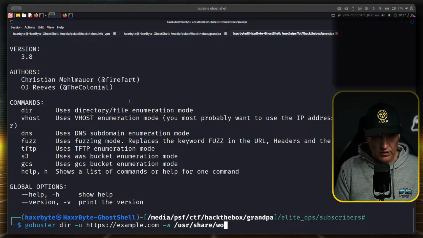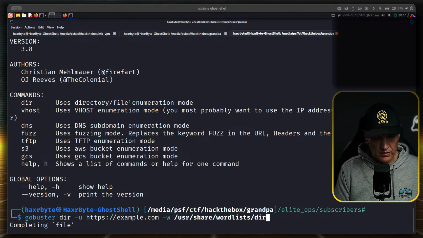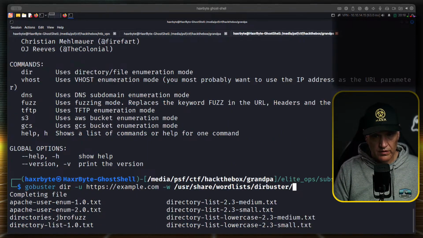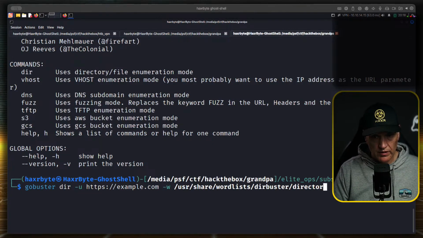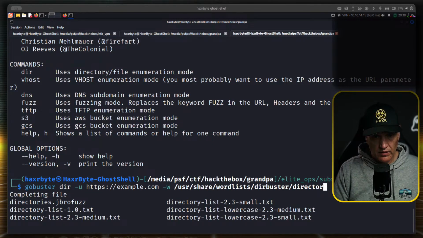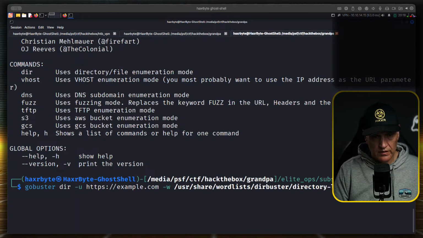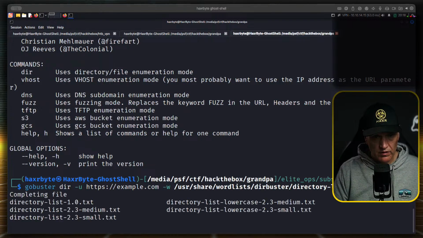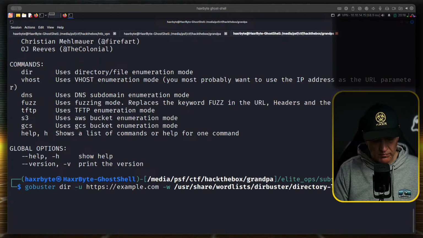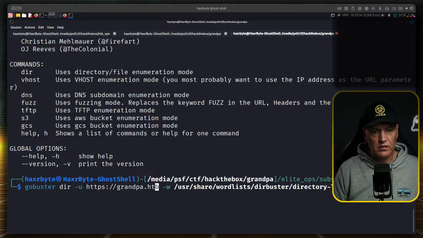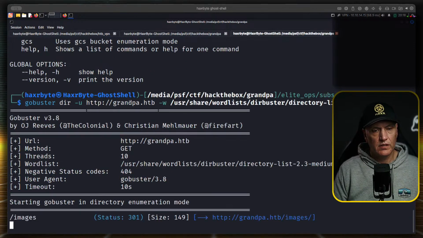Usr share wordlists dirbuster directory-list-2.3-medium. grandpa.hackthebox. It's not HTB, it's just like that.